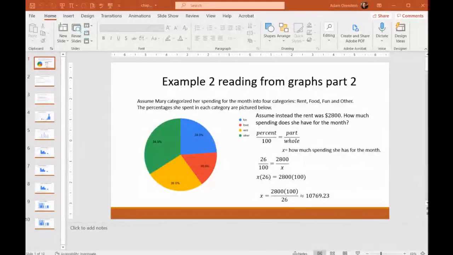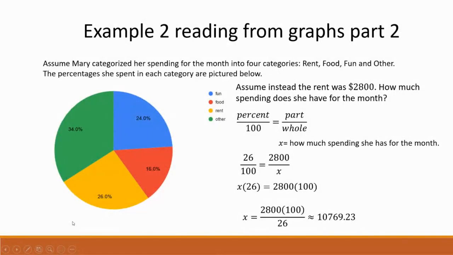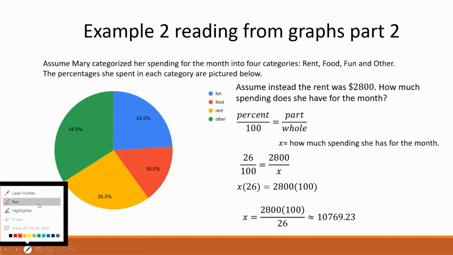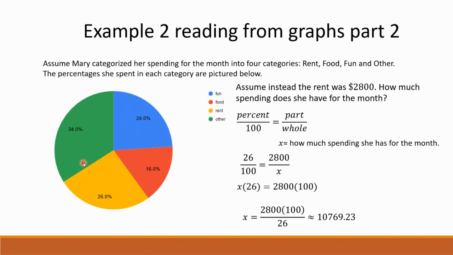Okay, so this was from last time. This was an example we did. I wanted to do it again, mostly because I messed up last time. It was my fault that I read the 26% wrong. I thought it was 28% for some reason, but I made a mistake. So sorry about that. But basically, we're reading a pie chart, and here,